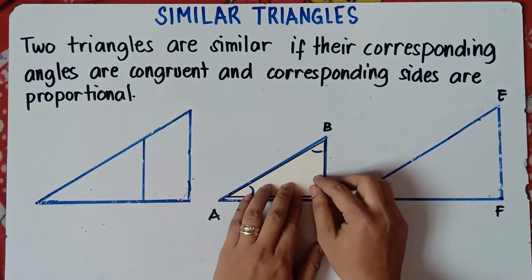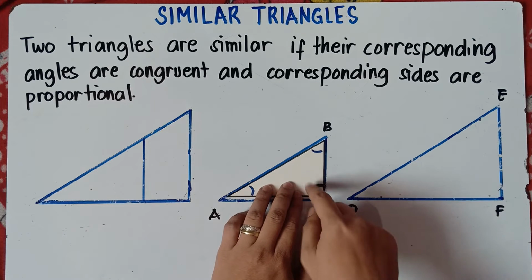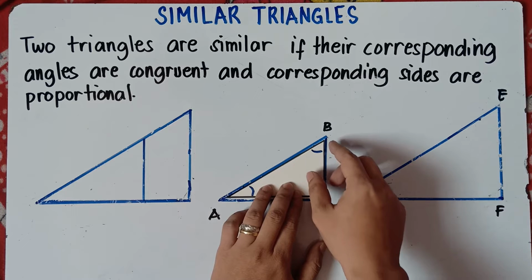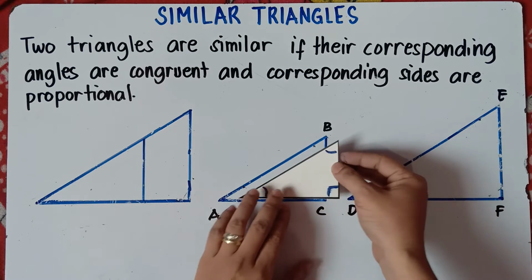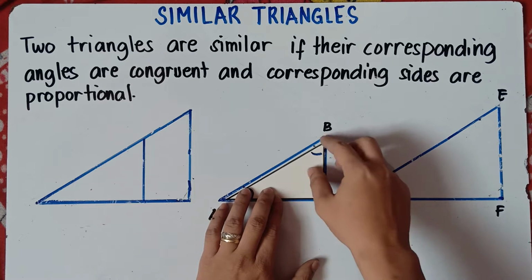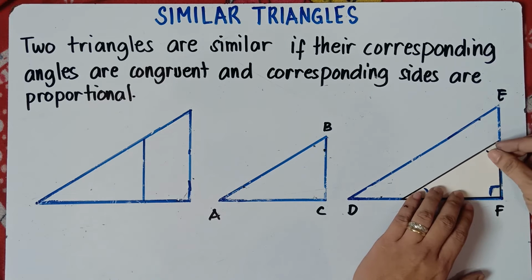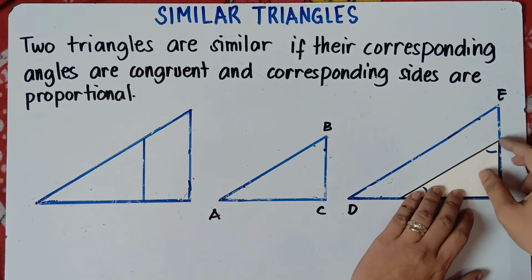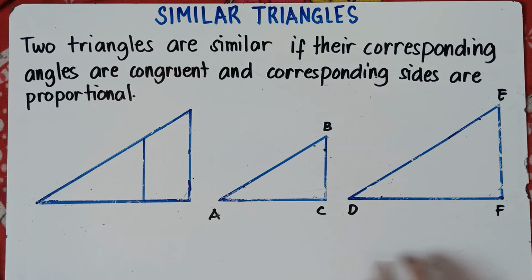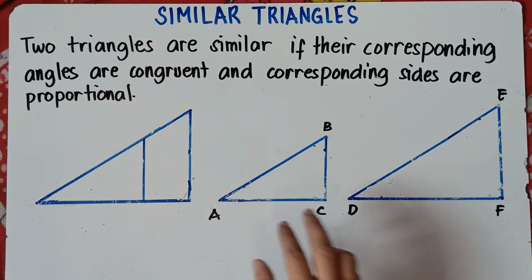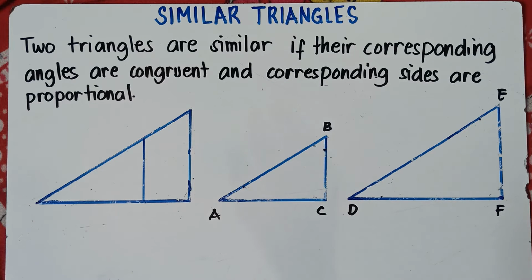Okay. So I actually drew this illustration for you, class, to really check if their corresponding angles are congruent. How about angle C? Yup, this is the angle. For angle F, yup, they have the same measure. So therefore, their corresponding angles, class, are congruent. Therefore, these two triangles are similar. It doesn't matter, class, if their sizes are different. As long as their corresponding angles are congruent, these two triangles are similar.